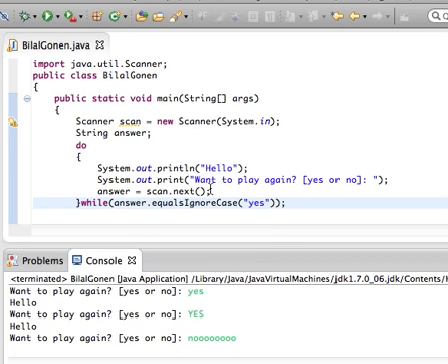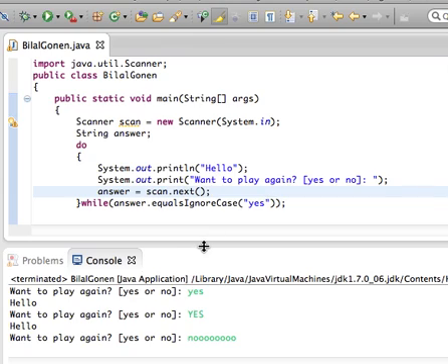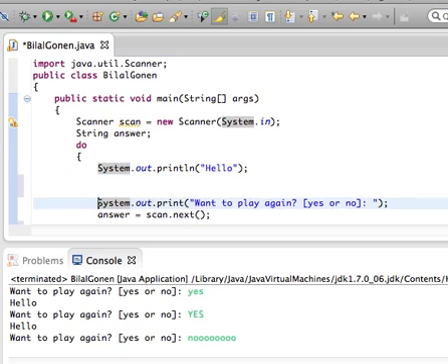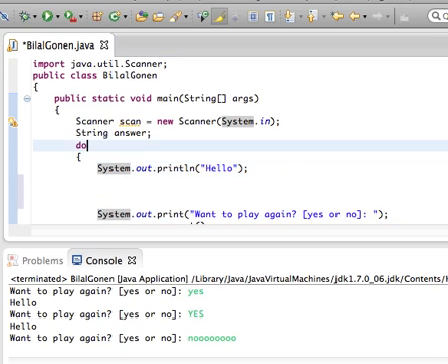So let's make some changes here. Let's say I want to generate random numbers. So this is to say, do you want to play again? Do you want to play again? But the other case would be you generate numbers. So instead of just saying hello, here you say